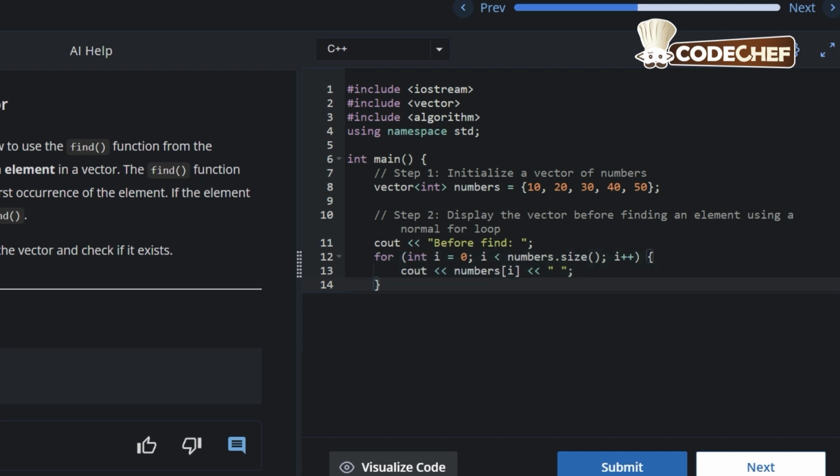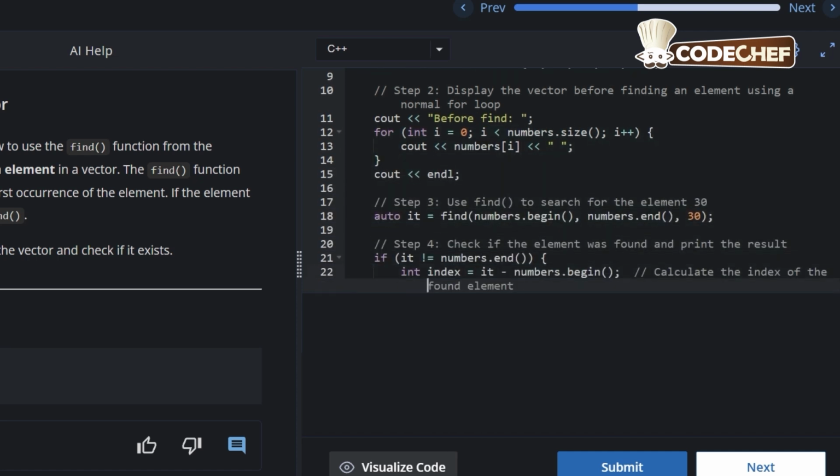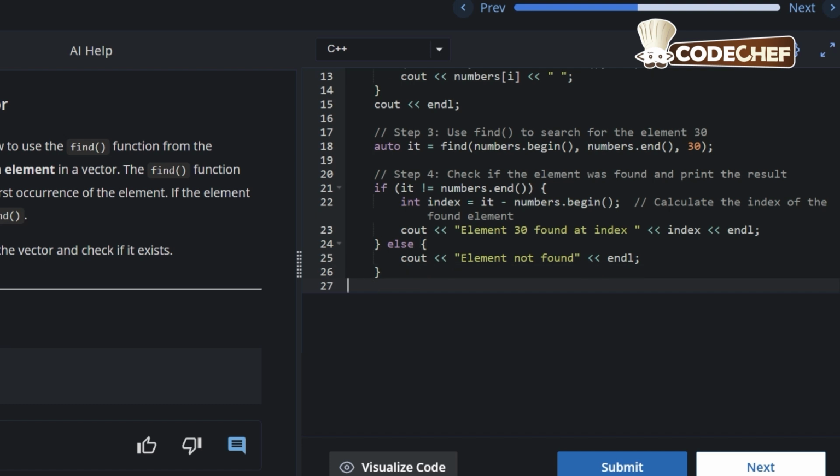The for loop ends here, so the curly brace closes. Then cout << endl;